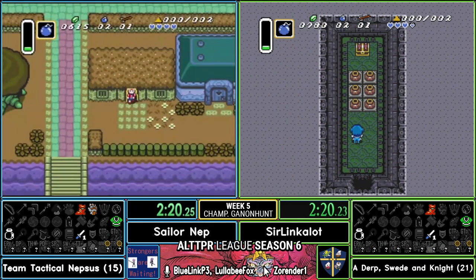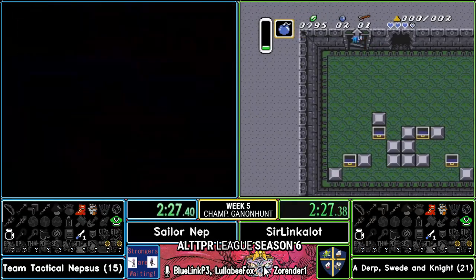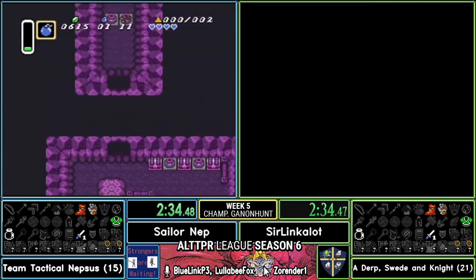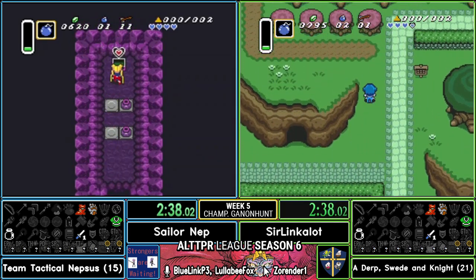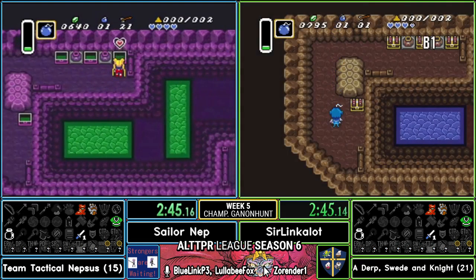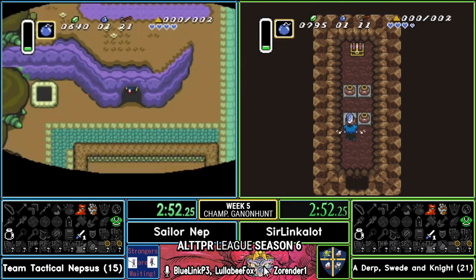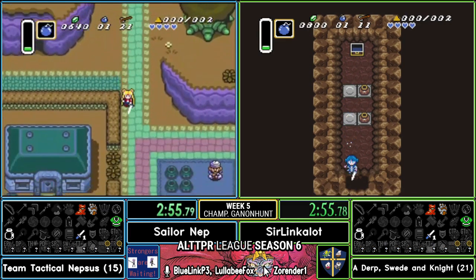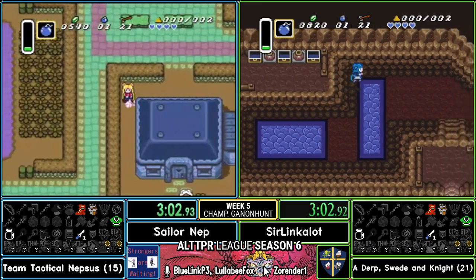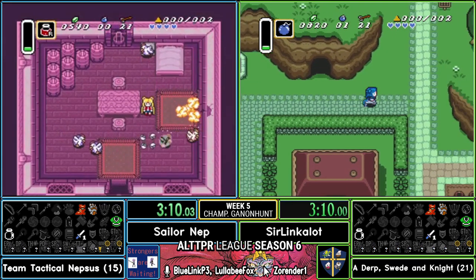Yeah, and a bottle, always nice to have by the time you're in CAC for your first trip. Yeah, Sick Kid's one of those checks that's a little awkward to come back to until you have Dark World access. Nothing in the well, which is a little unusual. Oh, but we do get our first big key, and it's the big key of Misery Mire. Of course, we don't know what Misery Mire is, but...